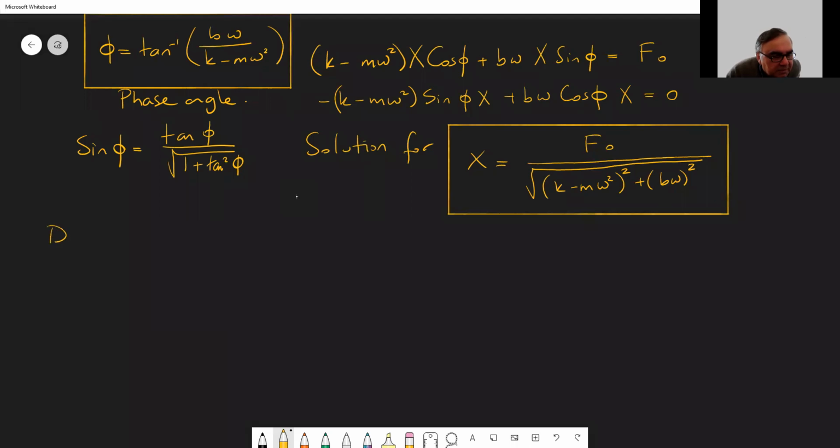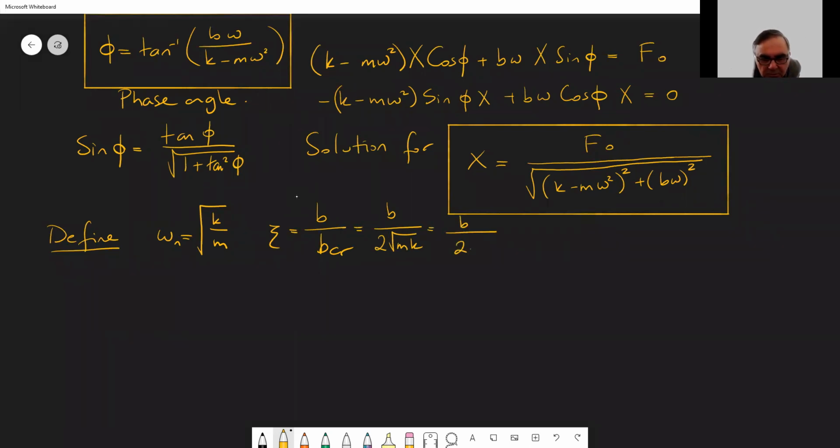We define omega n is equal to root k over m, as you know. Zeta again is b over b critical, which is b over 2 root mk, or it is equal to b over 2m omega n also. It is the same thing. Once you define these,